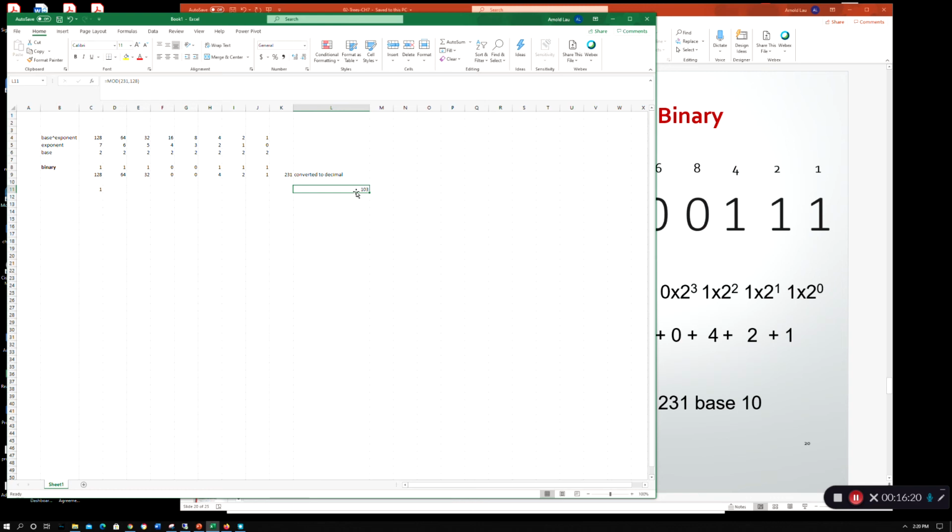Okay, so 103 is remaining, and the biggest number out of these remaining that will fit into 103 is 64, right? So that means I'm going to put a 1 here, and now I'm going to do equals mod of the 103 and 64. That gives us 39, right? So 39, the biggest number is 32, so I will put a 1 here. Okay,